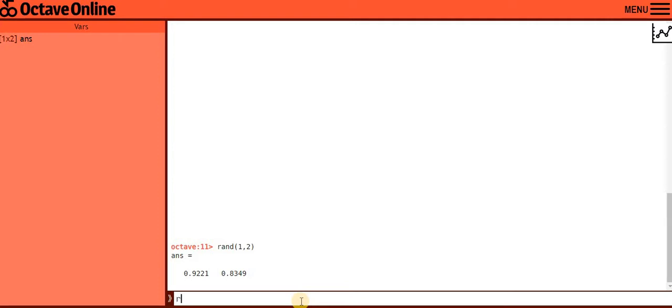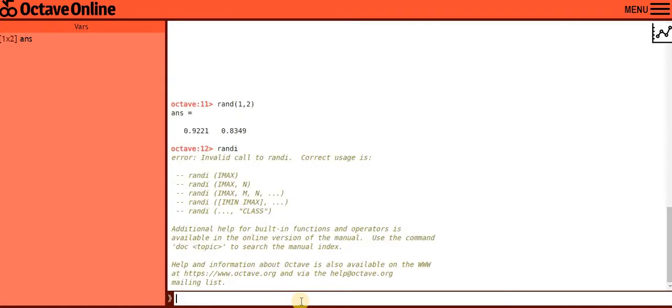Now next comes randi, that is random integer, to create random integers. Now if you want to create a random integer, just press enter. It will give you an error message. I just pressed enter without putting the parameters, just to show these things to you. Now if you want to create a random number between, let's say, 1 to 10, then you just need to write randi. In the braces you need to write 10. Suppose you want to create a random number between 1 and 5, then you can write randi, and in the braces you need to write 5.